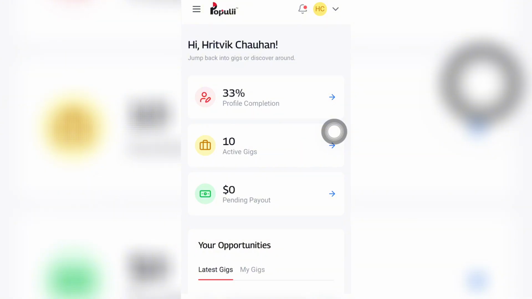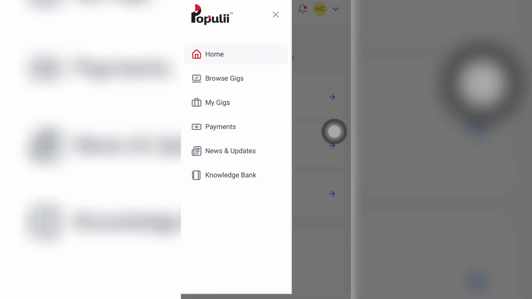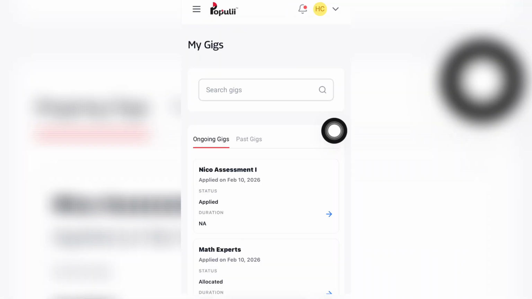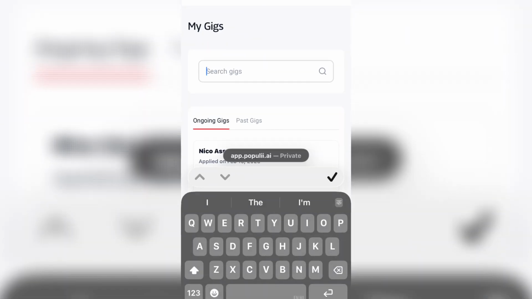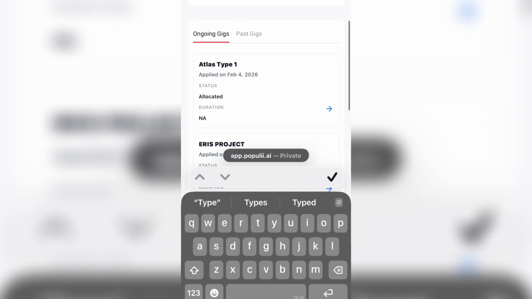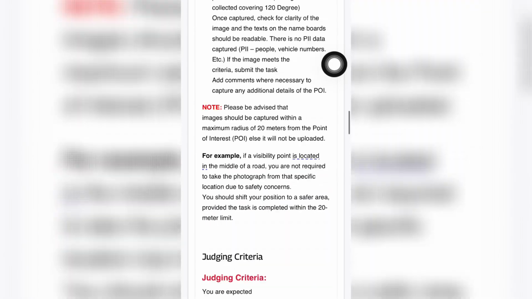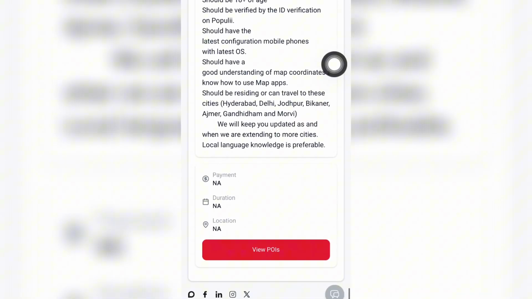So here you can see that we are on the home page of the landing page of Populi, and now we'll click on My Gigs. We'll search in the search bar for Atlas Type 1, and here you go. So this is the Atlas Type 1. Now we'll get into the project, read the specifications clearly, which include all the things, and click on View